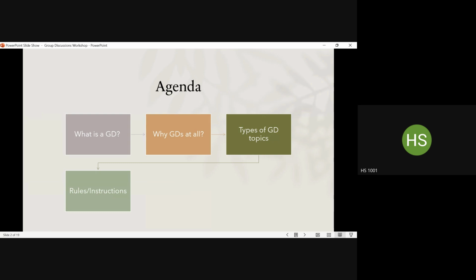Are there any rules that we are supposed to follow when we are taking part in a group discussion? How do we lead a group discussion? Does everyone need to be ready to lead a group discussion? Who will lead a group discussion if everybody in that group is an equal candidate? If you're not leading a GD, then you would be participating in a GD. So, what is the difference? How do you operate differently if you are leading a group discussion and if you're participating in a group discussion?